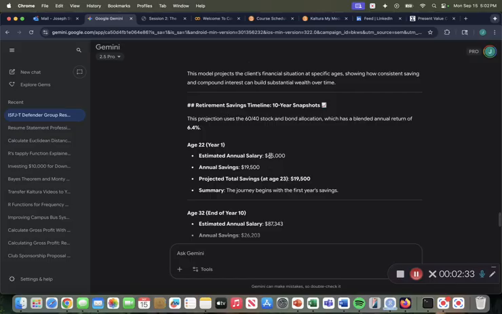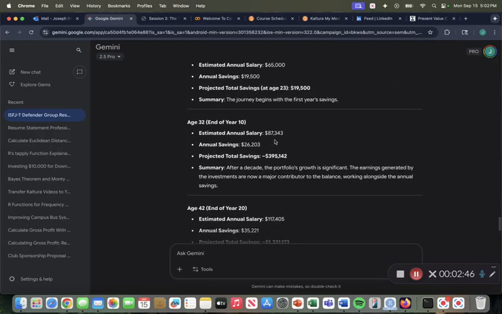So in the first year he invests $65,000, which is his salary. 30% of that will be $19,500, so the savings will just be $19,500 at year 0. Then 10 years later, with a 3% increase in his salary every year, his salary will be $87,343, and then 30% of that is $26,203. And by this point, we'll already be at $395,000 in 10-year time value of money as well.